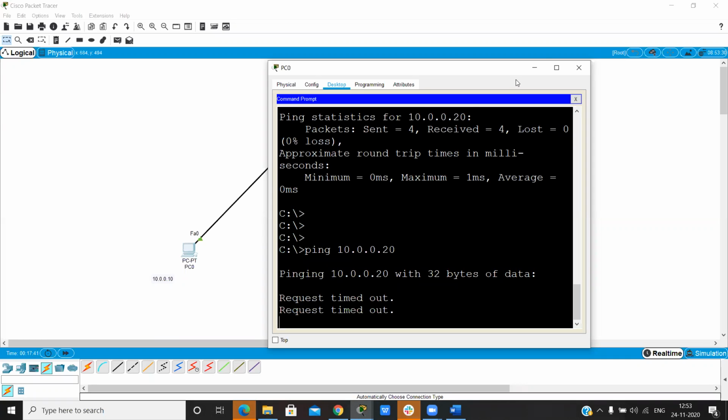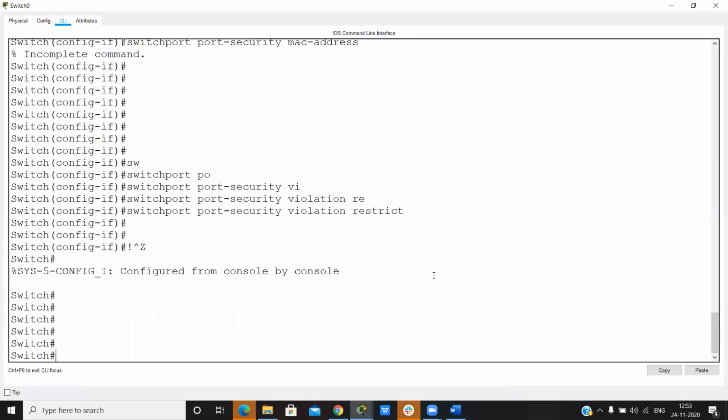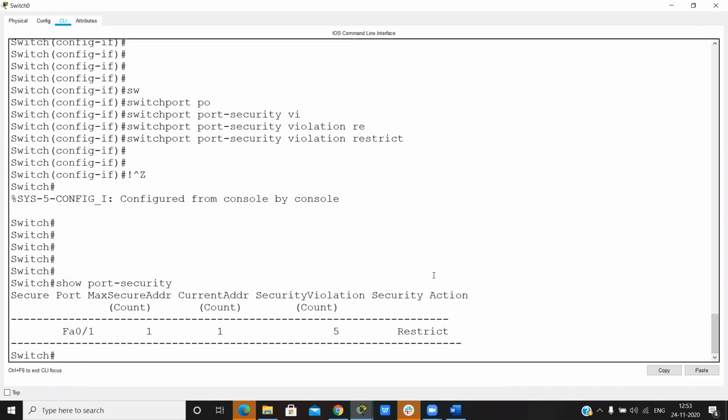Dropping all the packets. And here it counts all the violation packets. So in port security, it received 5 packets.